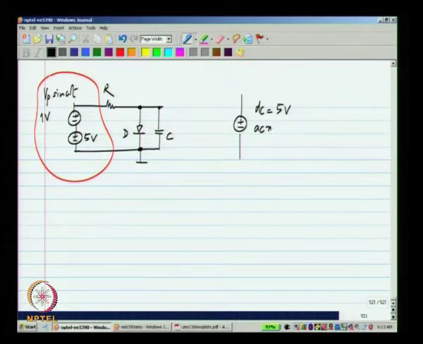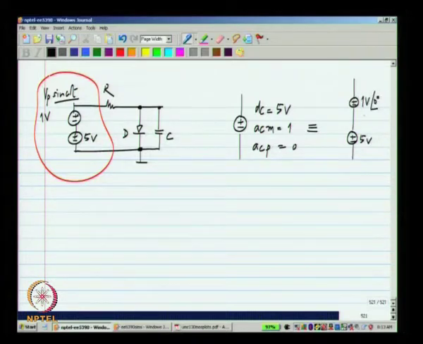Then the AC magnitude would be specified as 1 and the AC phase as 0, and in most simulators the sin omega t corresponds to 0 phase. So, this is basically equivalent to having a 5 volt DC source and a 1 volt angle 0 degree sinusoidal source for sinusoidal steady state analysis of the small signal incremental circuit.